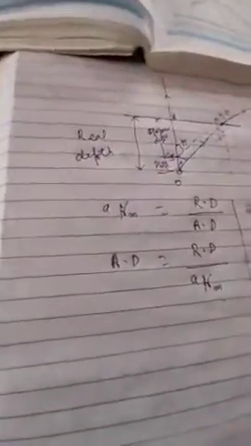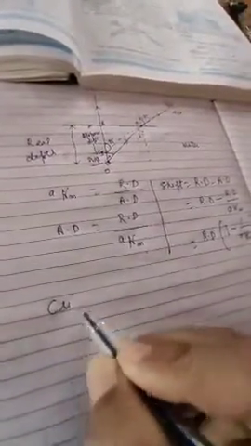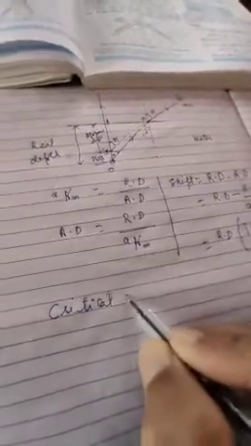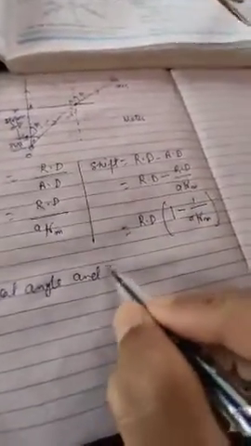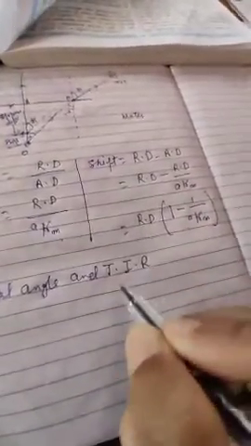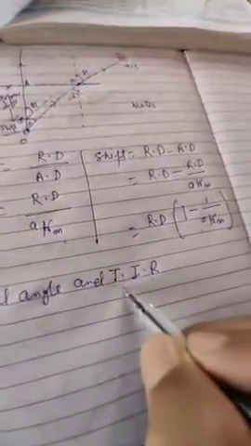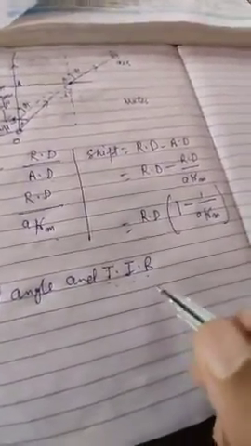So you can even go through this. The star appears twinkling in the sky due to change in refractive index of air with temperature. Just go through it. Now let us move to the next topic, which is a very important topic. This is critical angle and total internal reflection. It is also represented as TIR, total internal reflection.